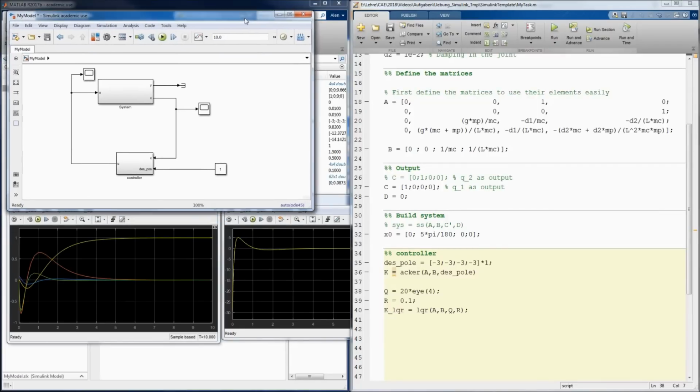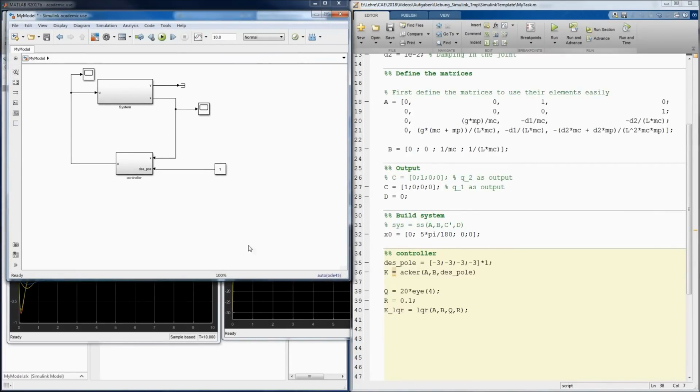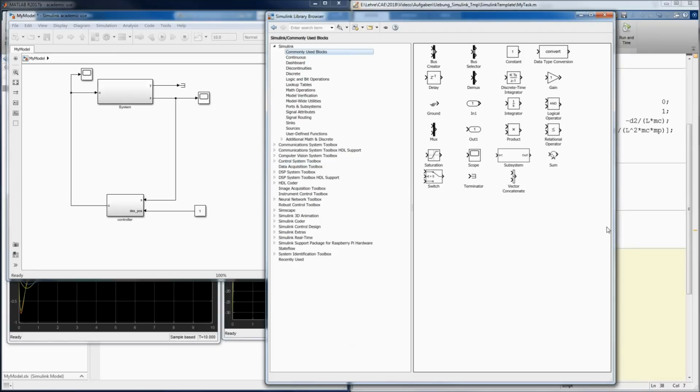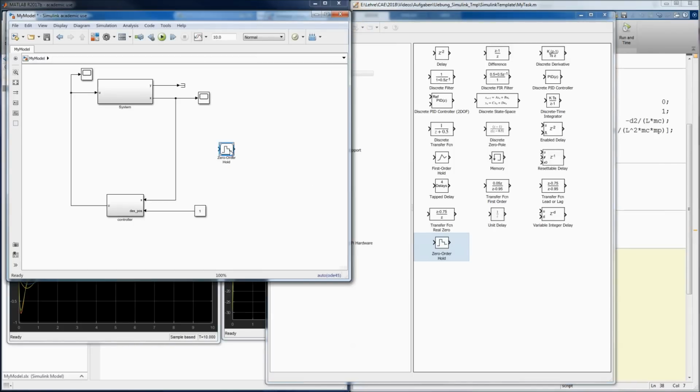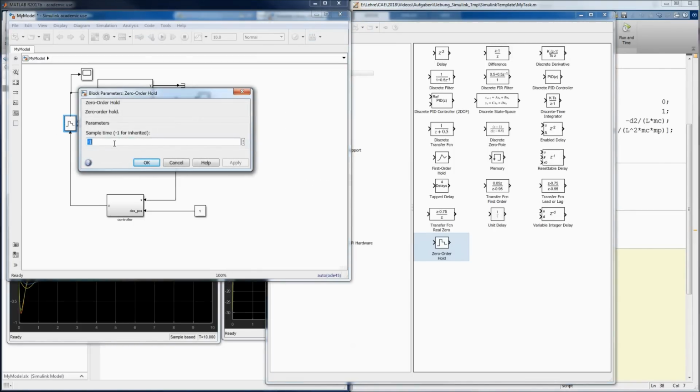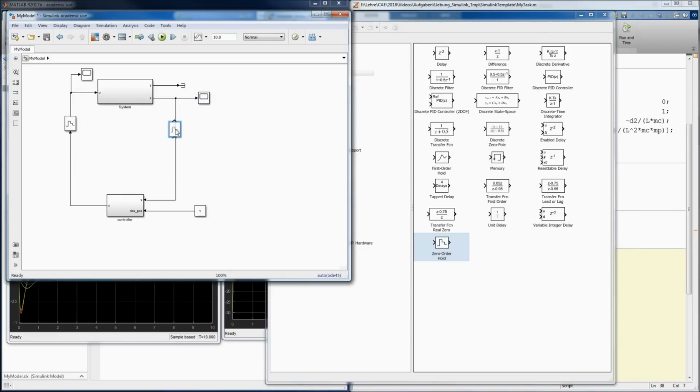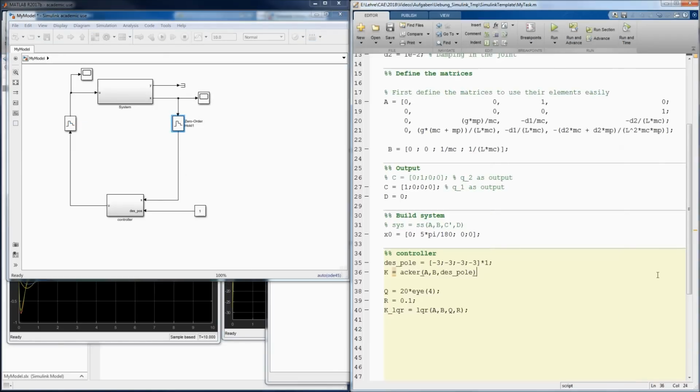But as you already know, in practice there are no continuous time controllers. You basically implement your controller on a digital computer, on a digital system. So it means that you have to actually implement a discrete time controller. So how do we do this? Basically we have a system which is in the continuous time domain, and we have to discretize that. For example, you can use a zero order hold, and give it a sample time. You can use the same block for sampling the states of the system, and also the same. Of course, you have to define this time,